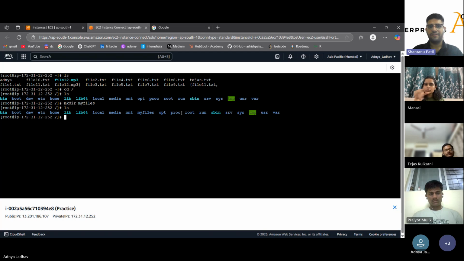So everyone can see my files directory has been created, right? Now move to the my files directory using the cd slash my files command. Yeah. Do ls, check if it is empty. It has to be empty. Yeah. Correct. Now we will create